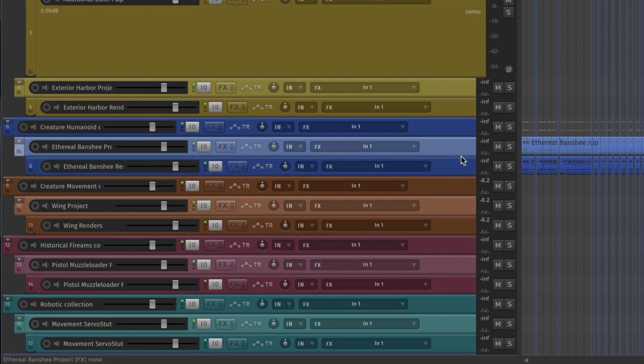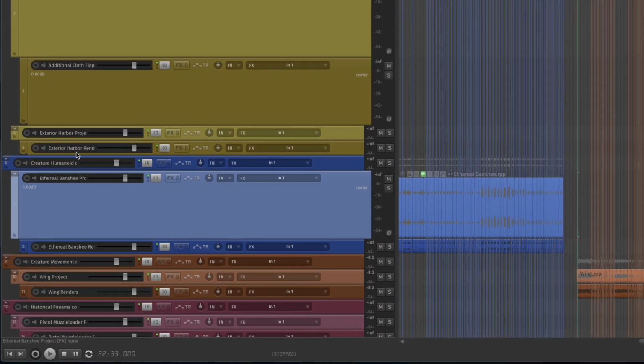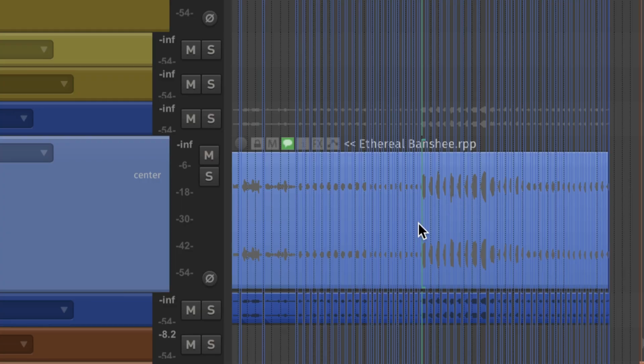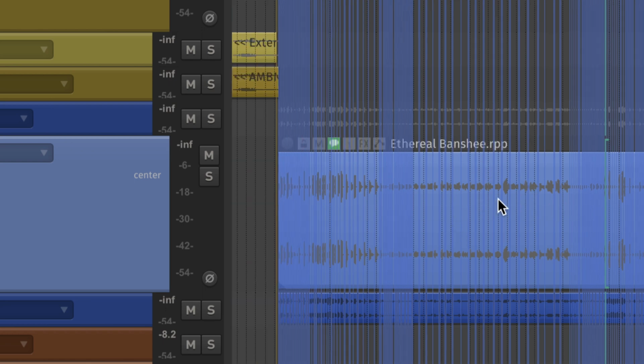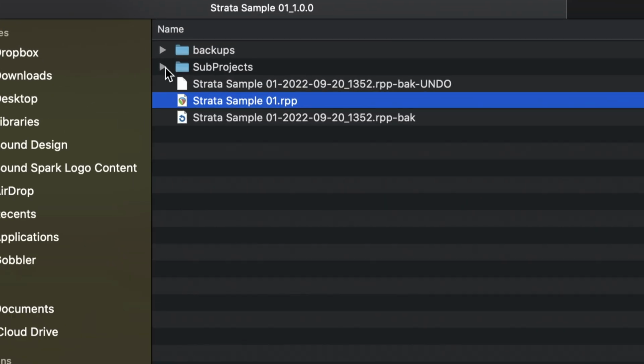The first track underneath here is going to contain the sub-project for the named or associated piece of the collection here. As we can see, the track name is Ethereal Banshee Project, and there's this media item on the track. Now, if you're unfamiliar with Reaper, you're probably looking at this and recognizing it as some sort of audio clip. In Reaper, we refer to them as media items. You can see the waveform there, and you're probably not thinking too much of it, but it's not a reference to an audio file. This is a reference to the sub-projects that we looked at in here.